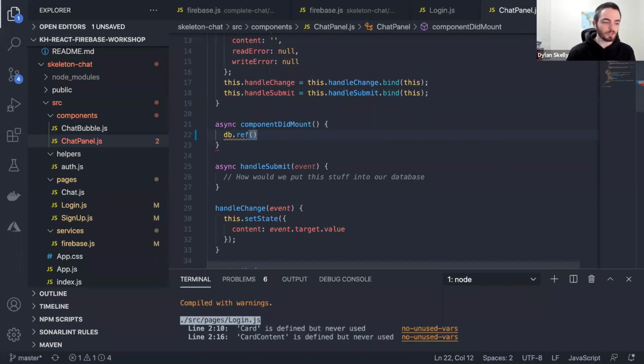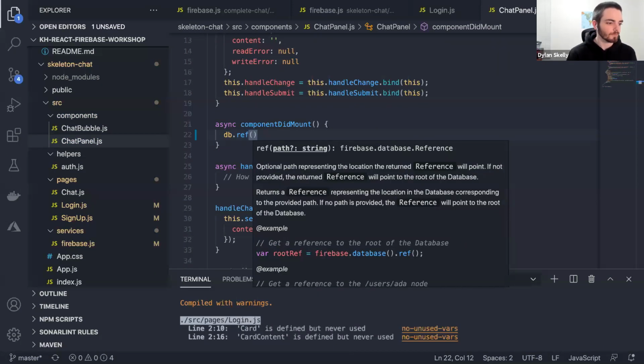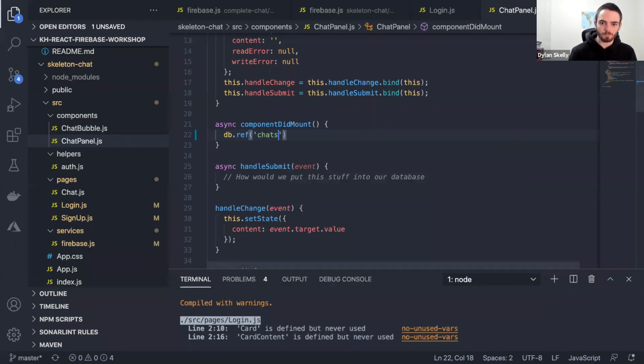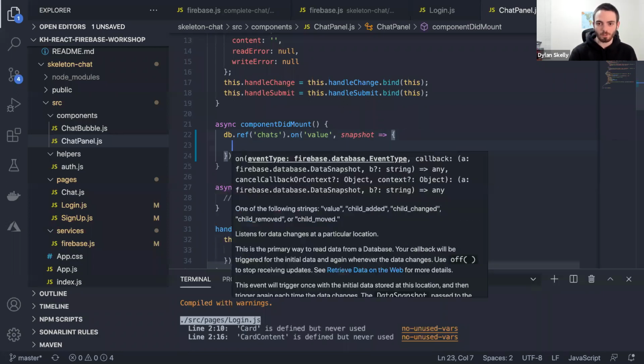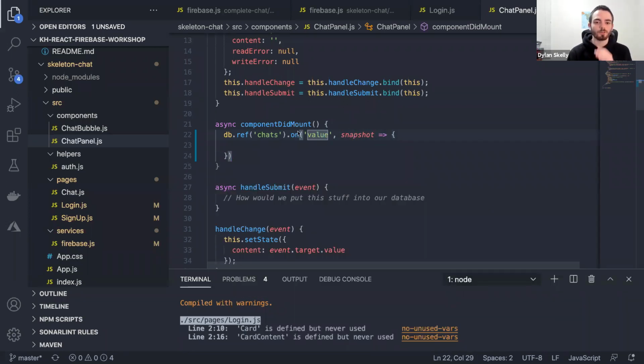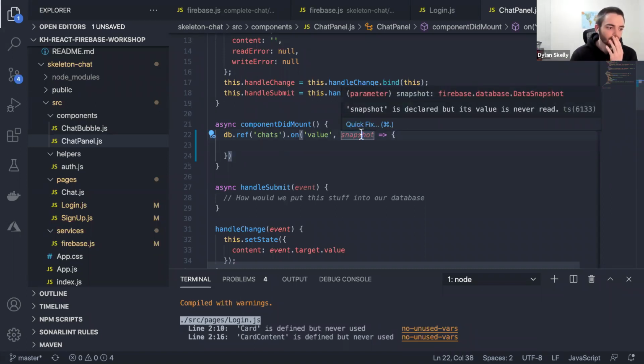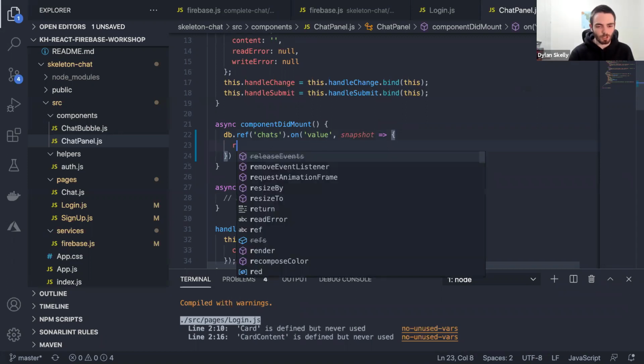So we're going to say db.ref .on value snapshot. Okay, so essentially what this does is every time a new value shows up in the database, it's going to grab a snapshot of our database for chats. This is kind of weird to say because there's currently nothing in the database for us to look at and show you what that would actually look like. But it's basically going to grab that snapshot and it's going to try